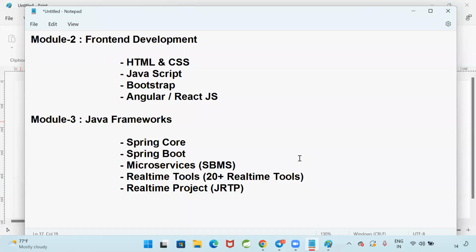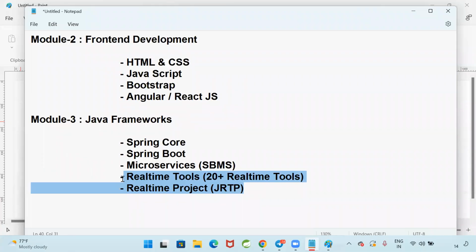Our students will not go for fresher jobs. 100% I'm telling you, I swear, the students who completed Spring Boot microservices and real-time project will not go for an interview as a fresher. What is the reason? What is the reason Ashok IT students will not go for the interview as a fresher? After completing our Spring Boot microservices and real-time project, you are far better than a person who has been working in the industry for the last 4 years.